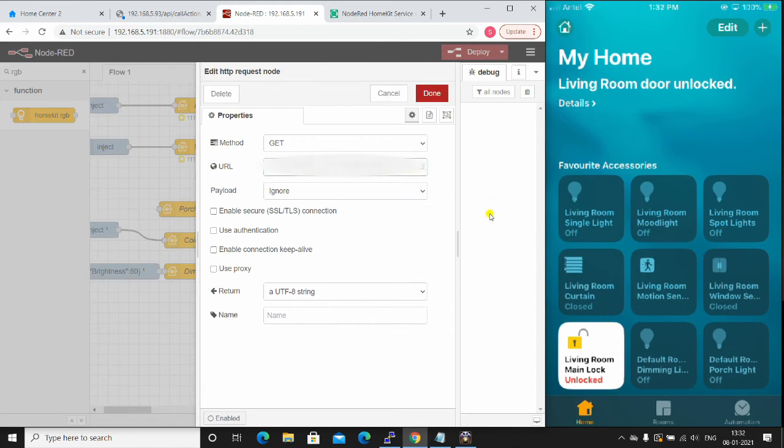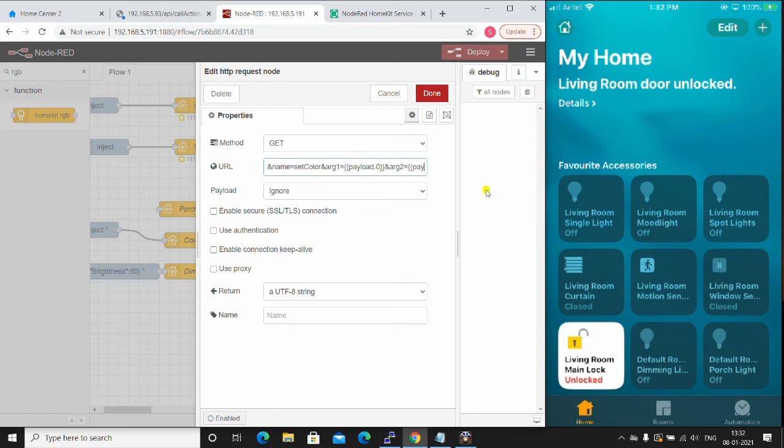So initially it has the Fibaro ID. The end of the command, it has the three parameters, that is arg1, arg2, arg3. So name is equal to set color arg1, arg2 and arg3. We are going to be using this mustache template here. So each of the payload, that is RGB value, I'm going to be sending it as payload.0, payload.1, payload.2.